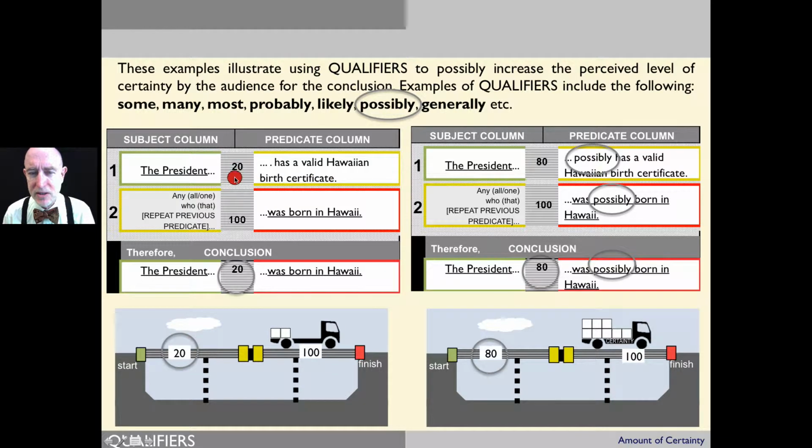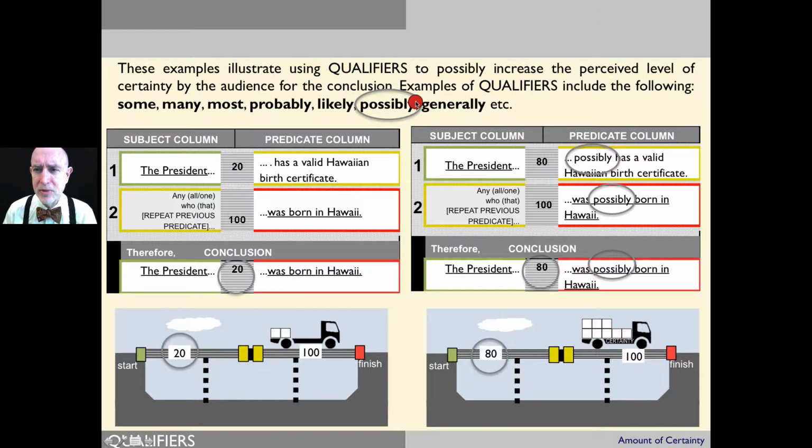It recognizes that we can have in our minds different degrees of belief of the certainty of the truth of a premise. It also accounts for the fact that new evidence can come along and change our opinion about the strength of a conclusion. It's called defeasible. You don't have to remember that word. But qualifiers are really important. They bring a sense of precision to the premises that you're constructing.